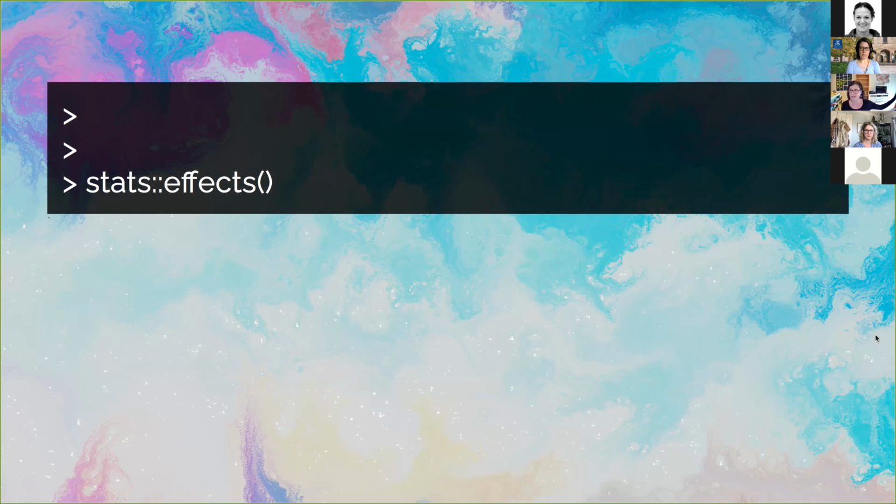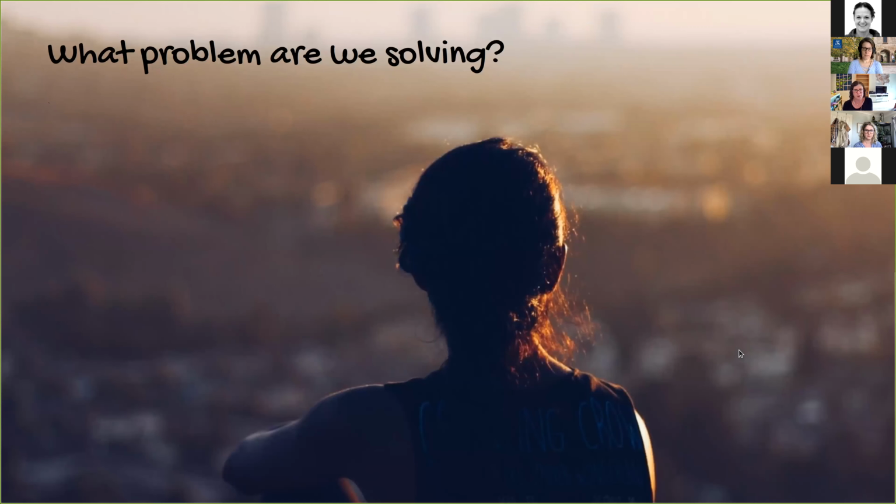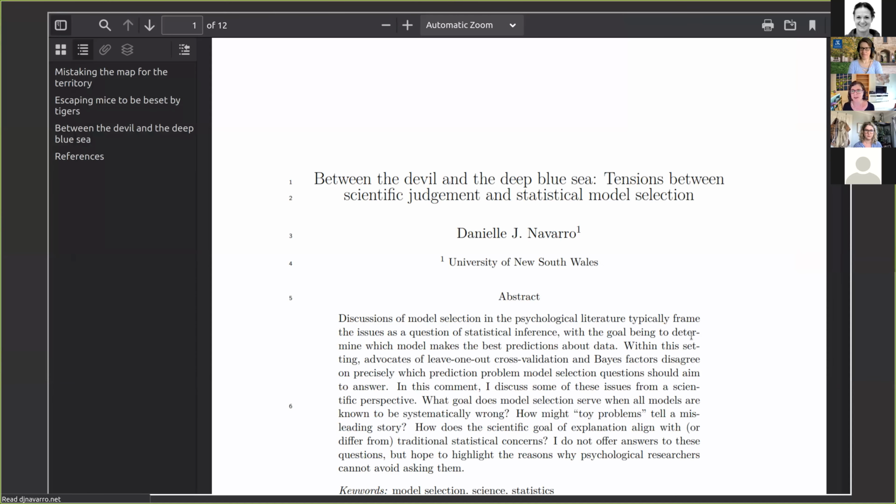Okay, so because I've done this kind of work as an empirical scientist with bits and pieces of psychological theory in there, I've spent quite a bit of time wondering about the statistics we use to analyze these data. And I've ended up in a strange place. So as middle age has hit me, I've started asking myself as a scientist what problems we're solving by doing this kind of research. And I end up writing papers about the potential tensions that exist between the judgments a scientist needs to make and the judgments that a statistical model selection procedure makes. And they're not always giving you the same answers.